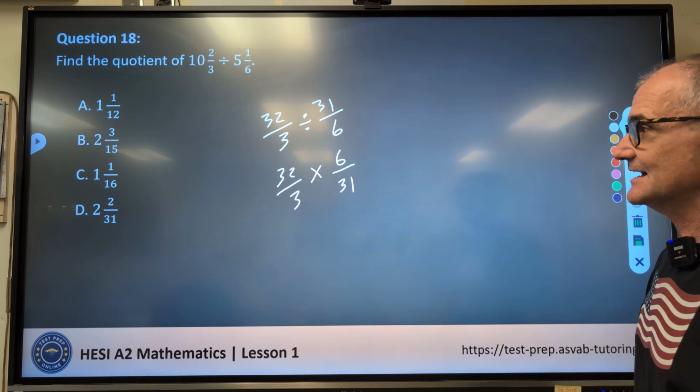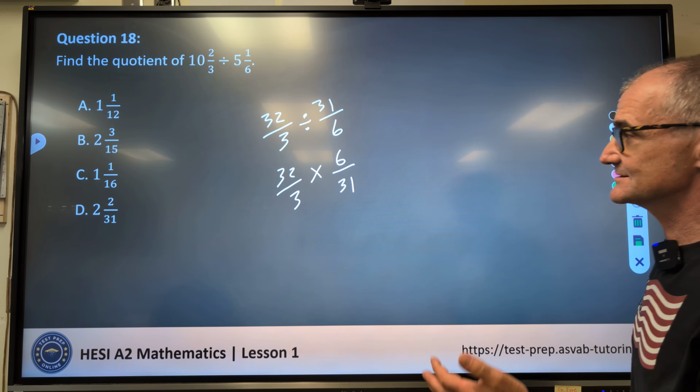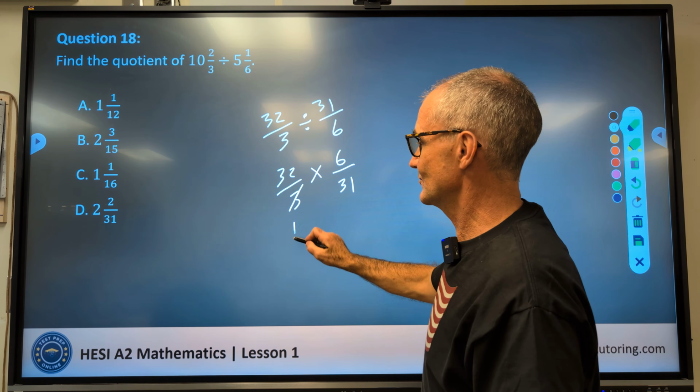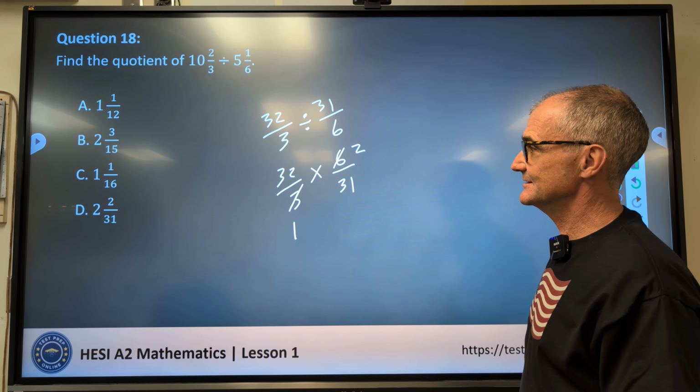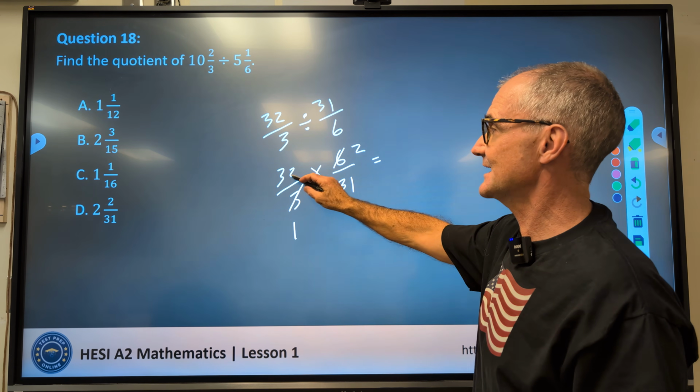Now I want to reduce or cancel if I can. 3 goes into here once. 3 goes into here twice. I think that's all I could reduce. Multiply across the top, 32 times